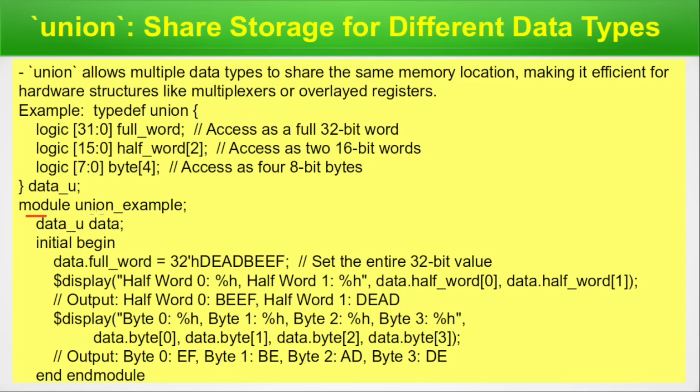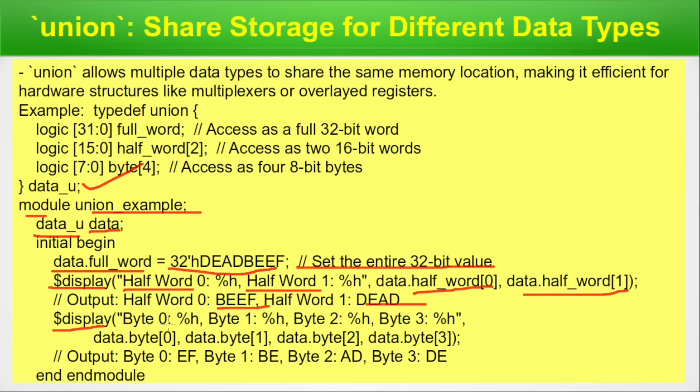Next, we define a module with union example, and here we use data underscore u, which is defined here, and instantiate with data. So we write data full word is this hex data, set the entire 32-bit data here, and with the printf-like command, that is $display, we can print the half word in 2 halves. That is the data.halfword 0 here and data.halfword 1 here. So you can see the output will come as 2 halves, this and this,